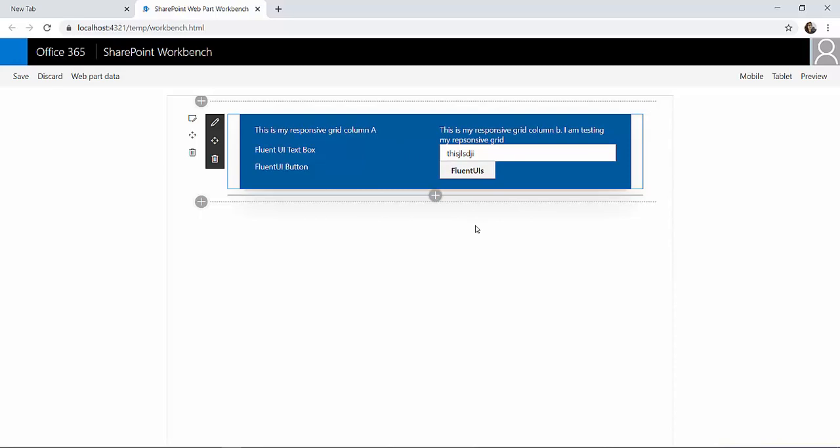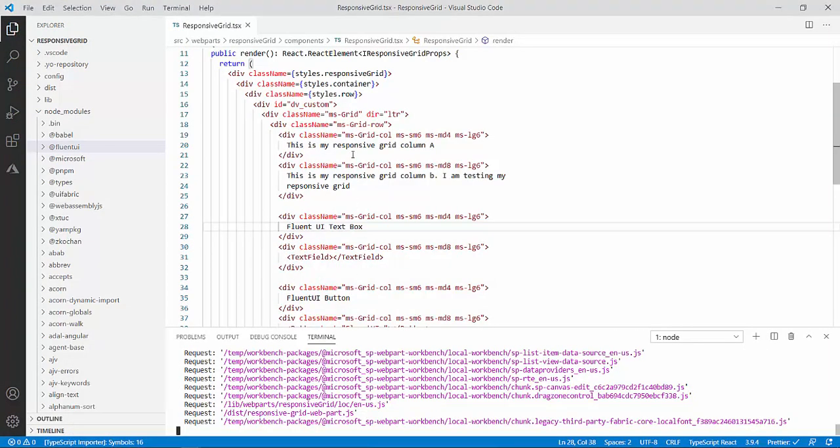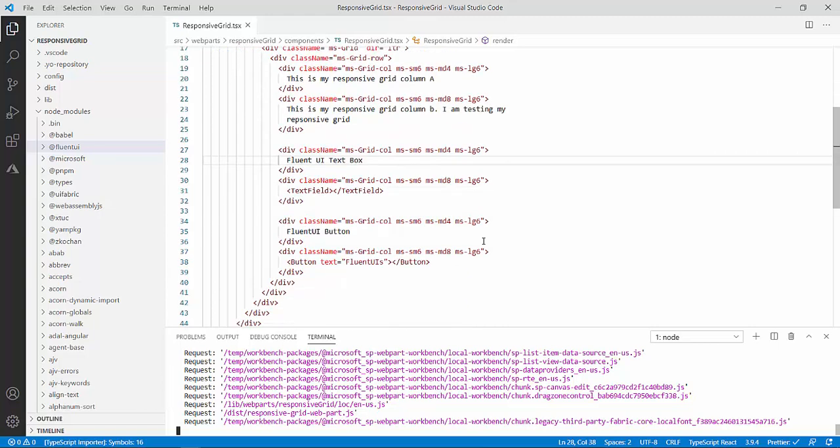So this is a multi-purpose grid, and the advantage is that it is responsive, and we don't need to put in extra effort to make it responsive. We have to just use these classes. You can note down these classes: ms-Grid-row and ms-Grid-column. You just have to take care that the sum total should be 12 with respect to each display, that is small mobile, medium display, and the large desktop. LG is the large desktop, MD is the medium desktop, and SM is the small display. So the sum total should be 12 for all the controls.